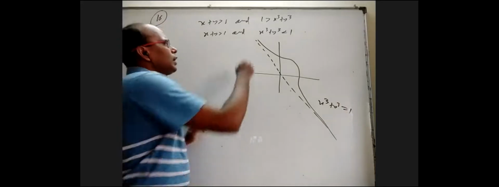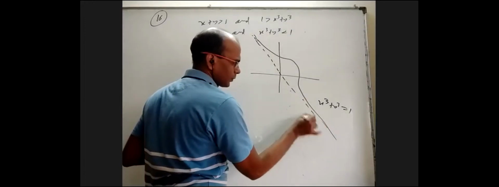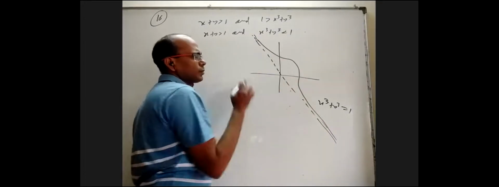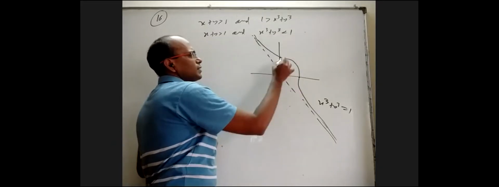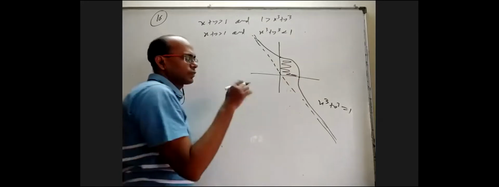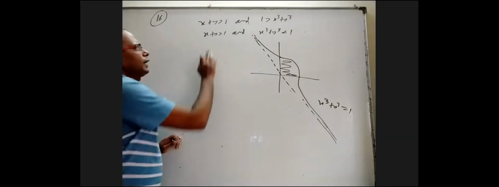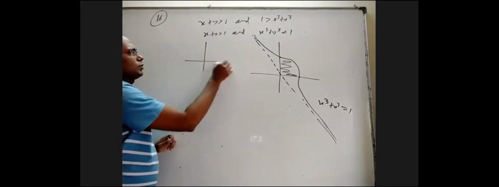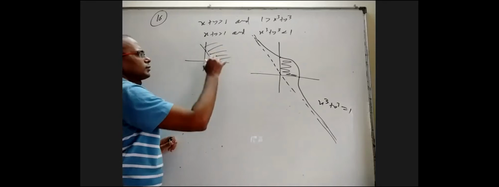How did this come up? We can have some discussion later. Right now, don't worry. We are only interested in the first quadrant part, some kind of graph like this. Less than 1 means this region. Within the first quadrant, less than 1 is this region; otherwise, this whole region. x plus y greater than 1, we already know, is a line passing through (1, 0) and (0, 1), everything on the right side.